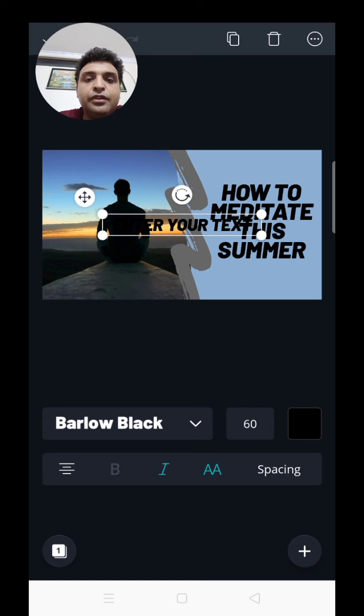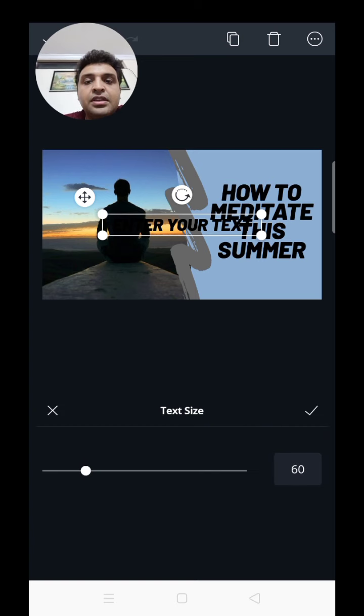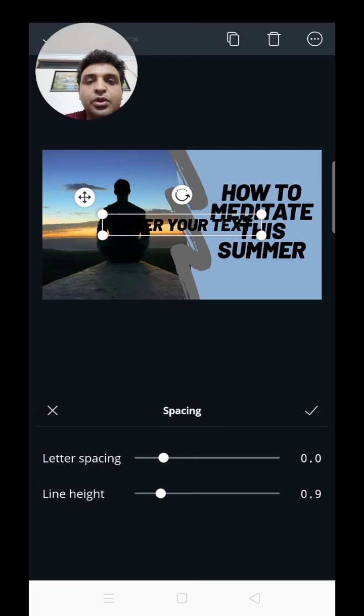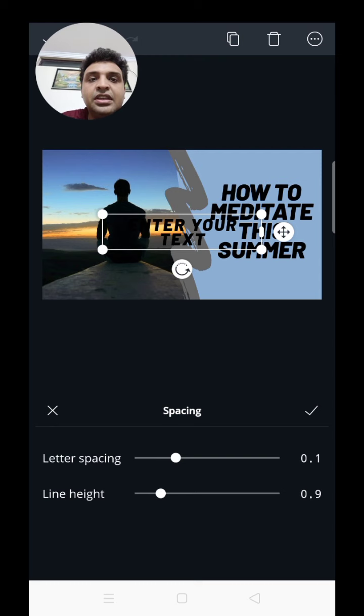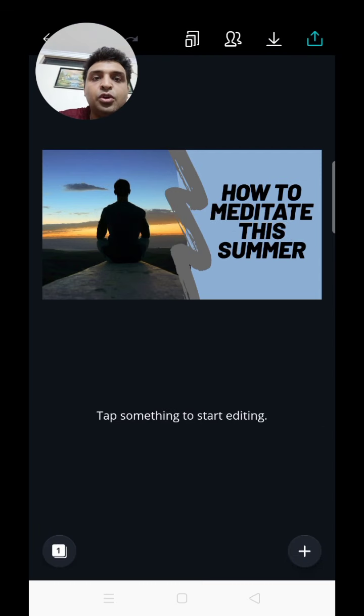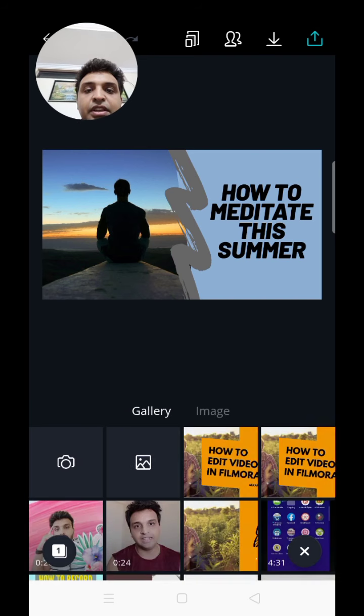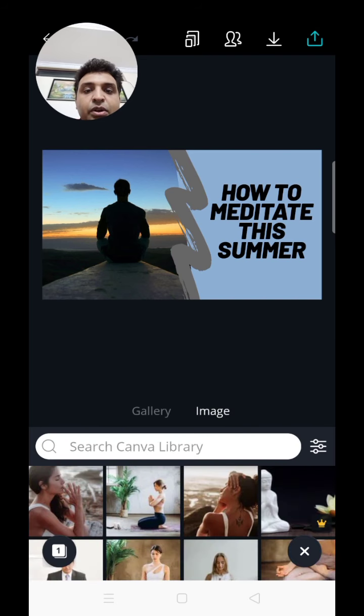You can change the font from here. You can change the size of the text from here. Okay, and then you can also make it bold, italic, or if you want, you can reduce the space of the text, right? So that will look broader, closer, whatever you want. That will depend on the kind of text you want to put. Other than that, you can add images. Like I said, you can either go to the gallery directly, or you can click on the image gallery and add one more image if you want.